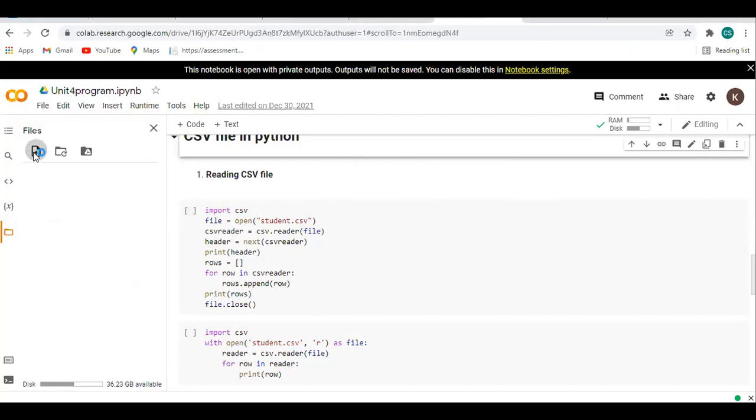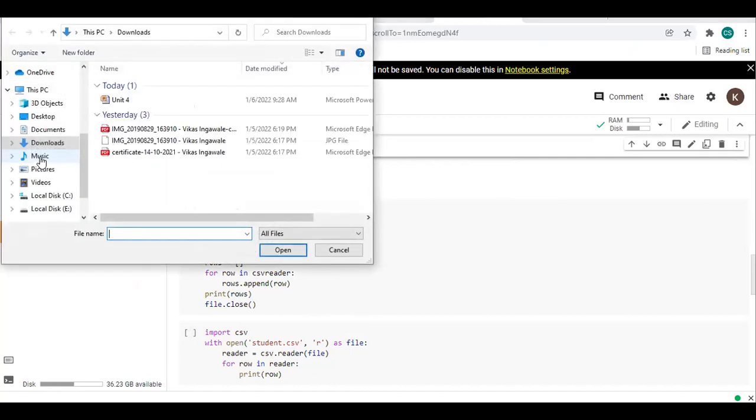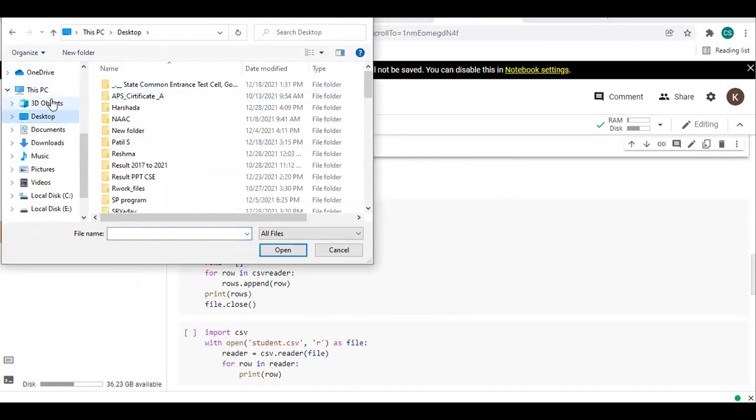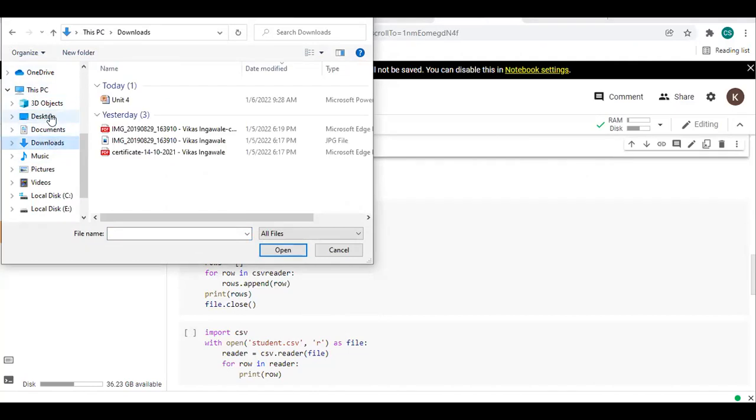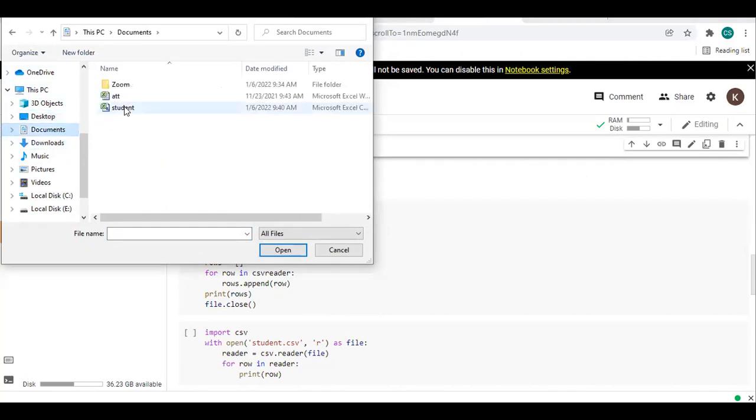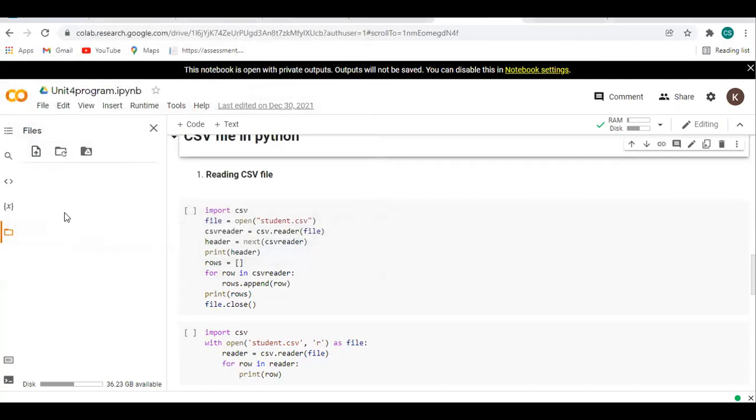First of all, you have to upload the CSV file that we are creating right now. So I will first upload that file in my Google Colab platform.